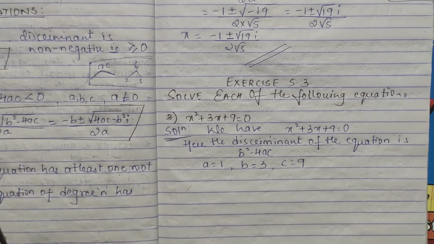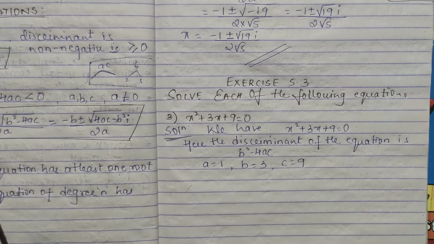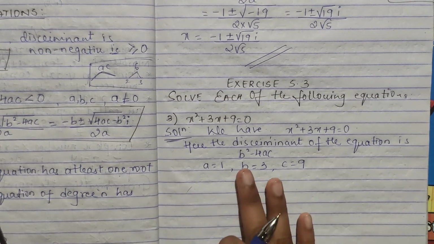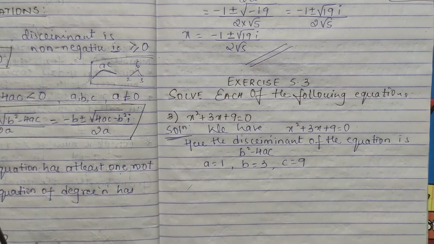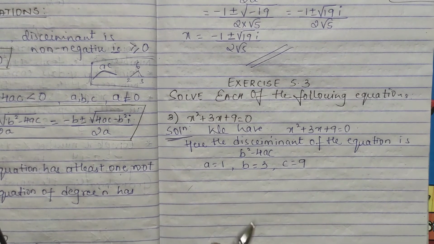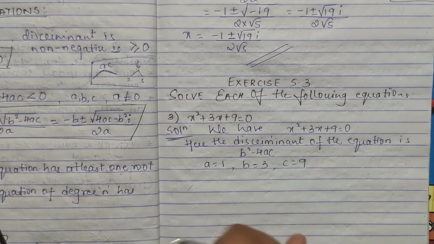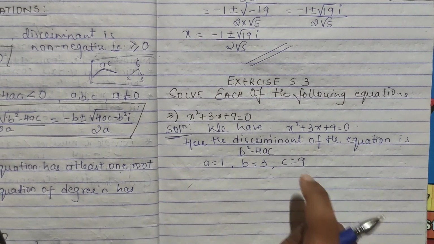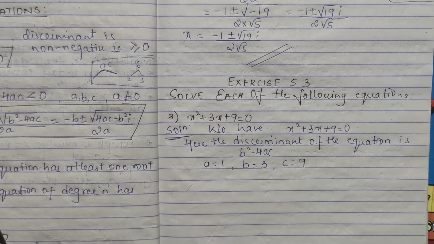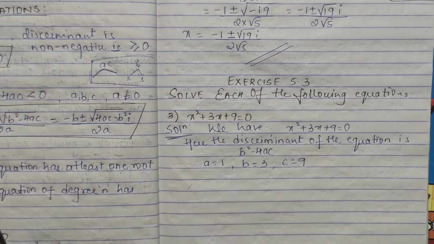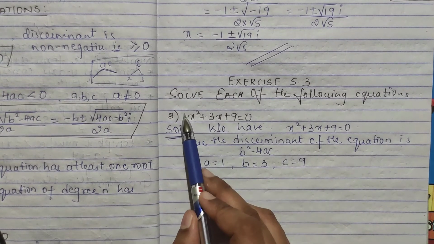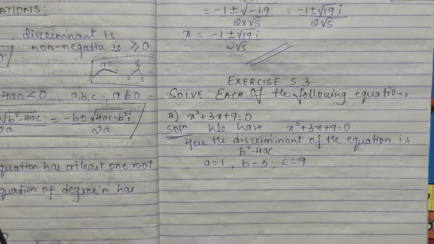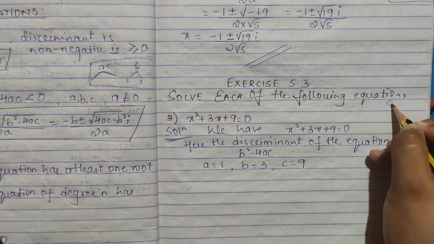See, in your higher studies, when you have a quadratic equation, it depends on you how you solve it. One way is factorization, right? Another is using the formula. Factorization is something you understand by seeing the equation. Now you see here you get 9, right? Here 1 into 9 is 9.